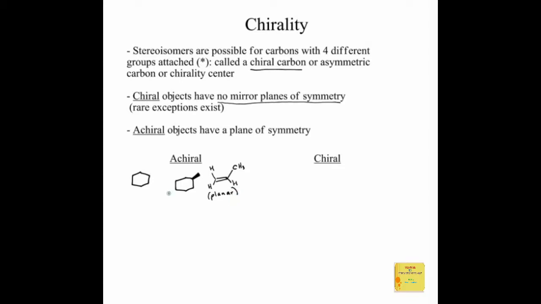And a lot of times what we can do is we can draw a dashed line to indicate where the internal plane of symmetry is on the molecule. So there it is for the substituted cyclohexane, and this one has a few planes of symmetry. We can go across this way or this way, and we can also have the plane of the molecule if we were to flatten it out. Okay, how